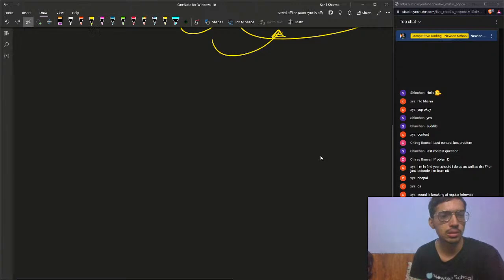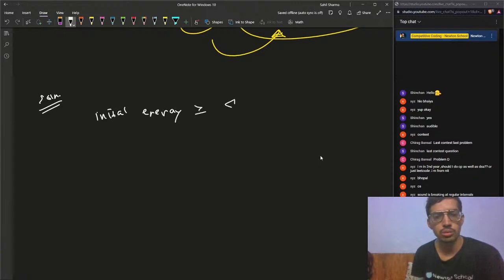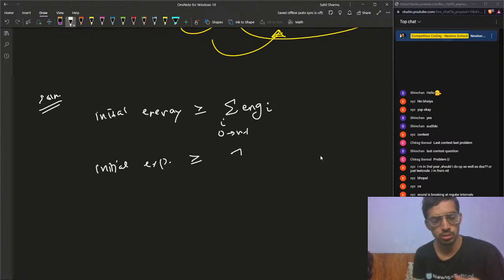So I think the solution will be: our initial energy should be greater than or equal to the sum of energy over the whole array, right? Energy of i, where i goes from 0 to n minus 1. And our initial experience that we need should be equal to the initial experience